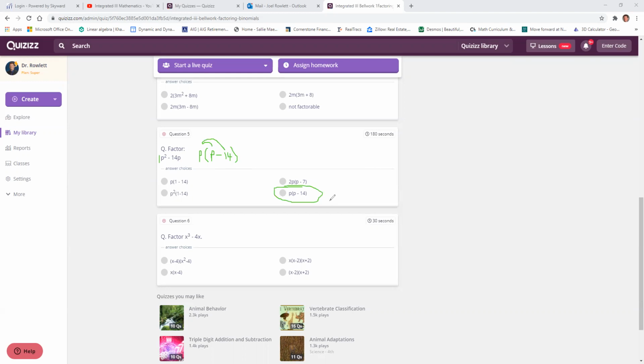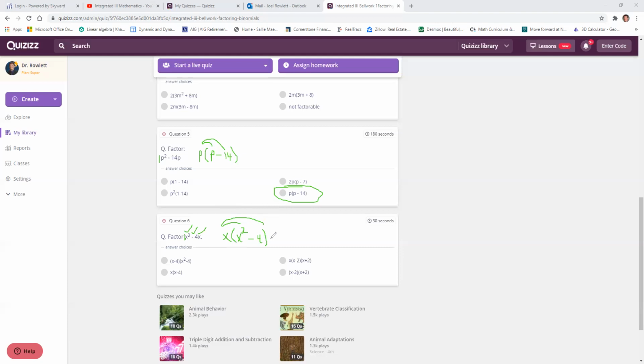Now, problem number 6. On problem number 6, I have a 1 here and a 4, so the biggest integer that goes into 1 and 4 is just 1, so nothing to take out there. I do have an x cubed and an x, so I will take out an x since it's common in both terms. And x times what value would give me x cubed? Well, that would have to be x squared, right? Minus 4. And let's check that. x times x squared is x cubed. I carry the minus, and then I multiply x times 4, and I get the 4x, right? So it looks to me like the answer to that one has to be,